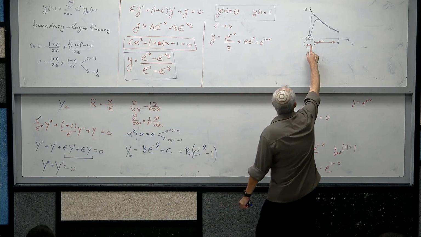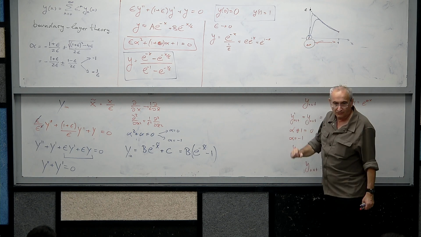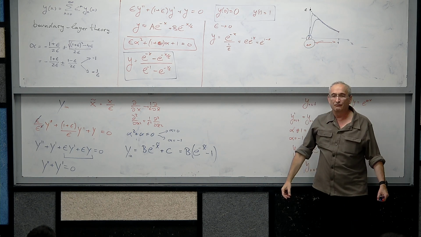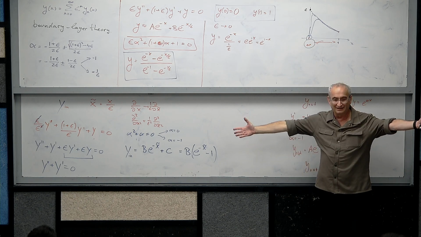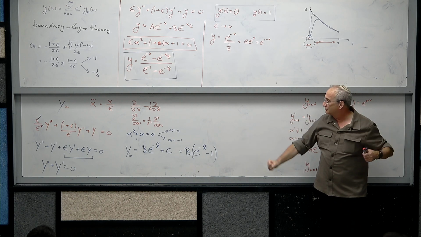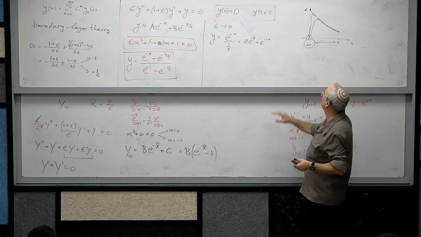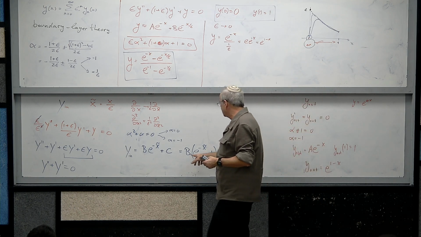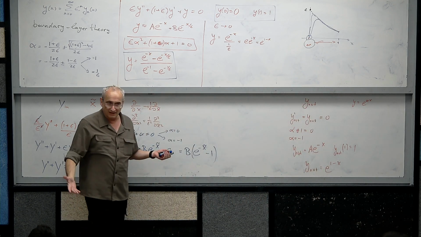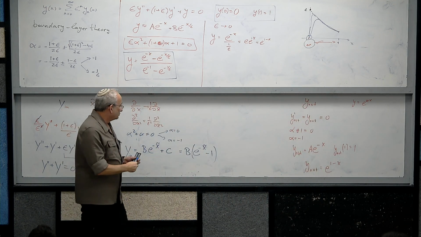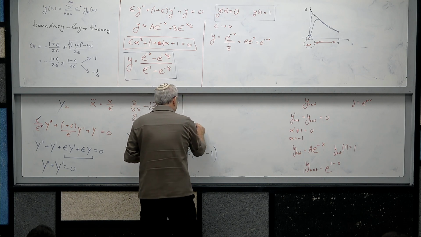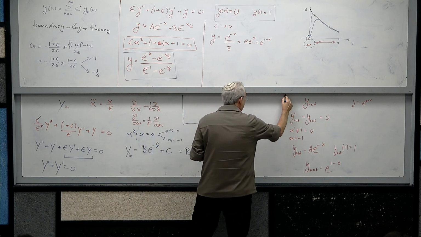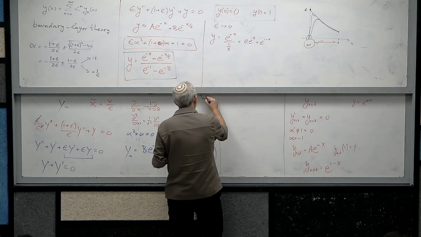One of them was determined by the left boundary condition, and we were left with one constant. So now the question is, I solved it here, I solved it here. What is b? In order to decide what is the value of b,